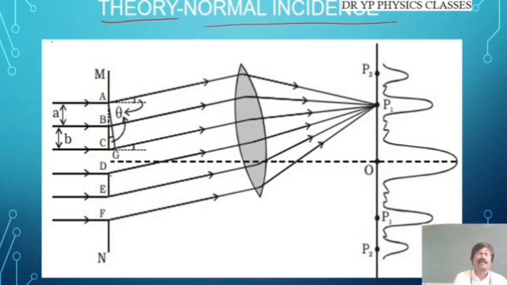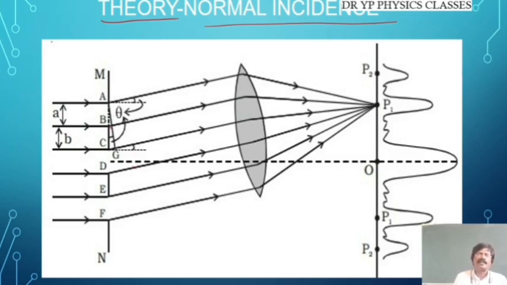Light is transmitted through the slits and it is stopped at the points A, B, C, D, E, F. The gap between A and B transmits light, the gap between B and C transmits light. So this is acting as one slit, this is another slit, and another. Like this, there are a number of slits in a grating. I have taken only a few. The width of one slit is a, and the width of the opaque line is b. The total distance, a plus b, is the grating element.